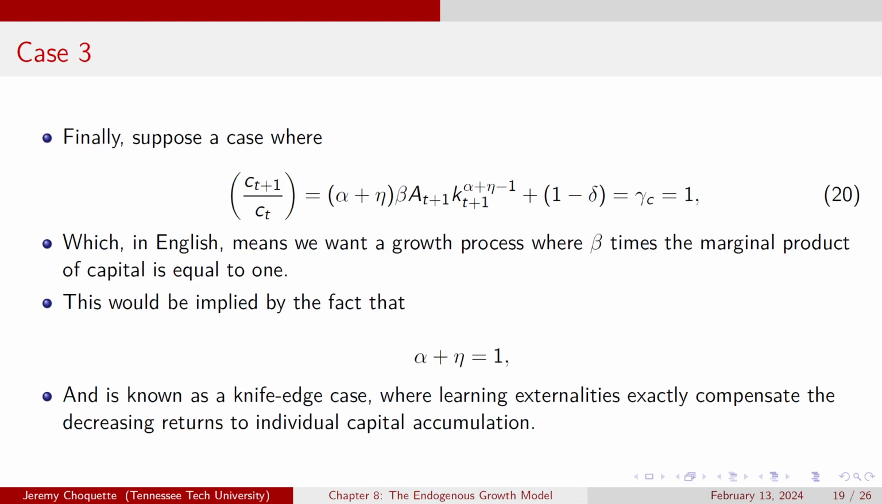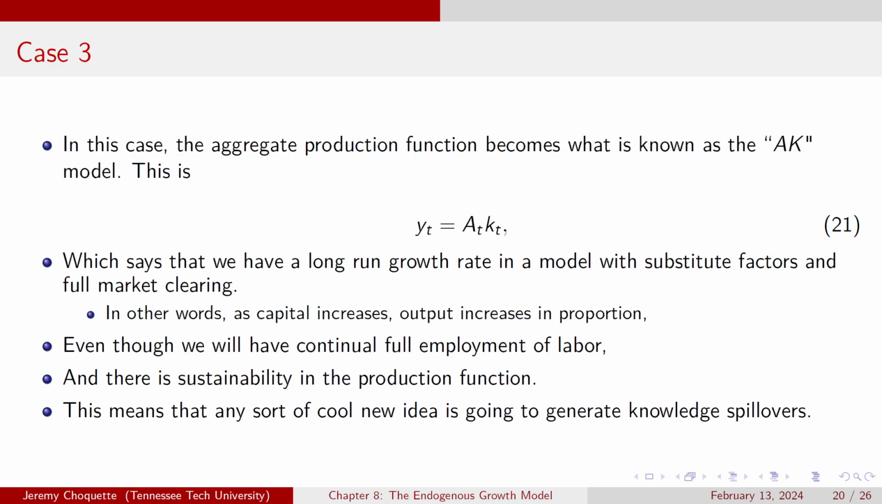And that's where we have case 3. This is like our Goldilocks zone, where beta times the marginal product of capital is exactly equal to 1. And it's implied by the fact that alpha plus eta equals 1. So that exponent is equal to 1. And it's what's known as a knife edge case, where learning externalities exactly compensate the decreasing returns to individual capital